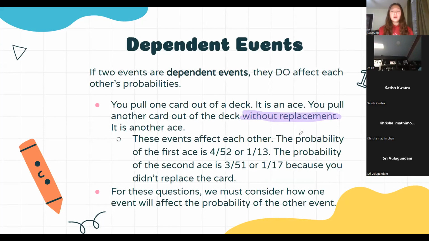So now, if you started with 10 cards, if you don't replace it, now you have 9 cards. So, right in this situation, it's another ace. These events do affect each other because at first, the probability of an ace is 4 out of 52 because there's 4 aces total. But after that, since one ace is gone and one card in general is gone, it's going to become 3 out of 51. So we have to consider how an event affects another event. We have to make sure we can distinctly tell between an independent and a dependent event.